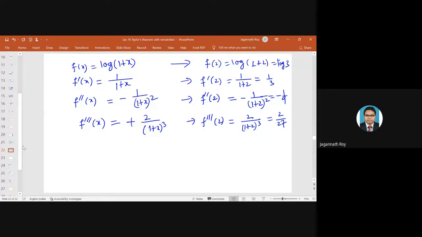So what about R3? R3 will be h cube by 3 factorial f third derivative of a plus theta h. So this is by our definition. Okay? By definition, this is R3. Now, if you just try to substitute these values,